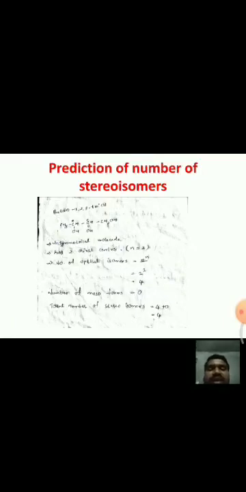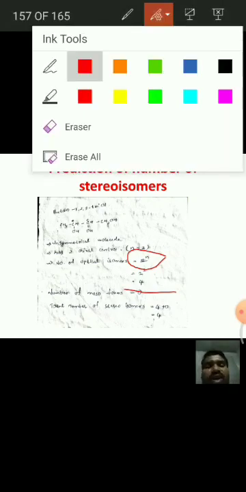And next here, butane-1,2,3-triol. This is an unsymmetrical molecule having 2 chiral centers. As it is an unsymmetrical molecule, the number of meso compounds is 0 and the number of optical isomers is equal to 2^n, that means we get 4 optically active isomers possible for this butane-1,2,3-triol. These are the 4 possible optically active stereoisomers of this butane-1,2,3-triol.